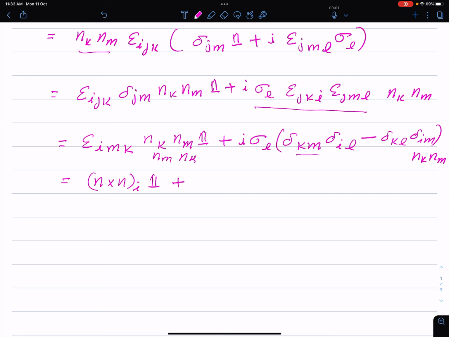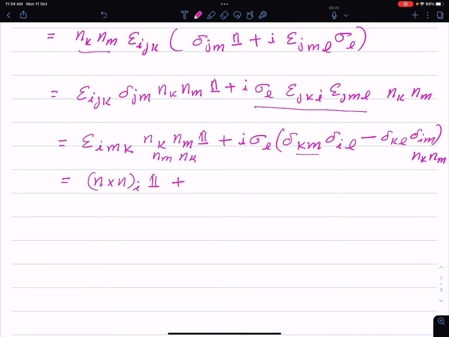In this case, k is equal to m, so wherever k is there, I have to substitute m, and wherever l, I have to substitute i. I should not substitute i in place of l, because i is a free index here, because the left hand side is the ith component of that vector. So I should not remove i. So you see here the first term, that i is coming here. That is very important. So what I have to do is k is equal to m and l is equal to i, I have to substitute.